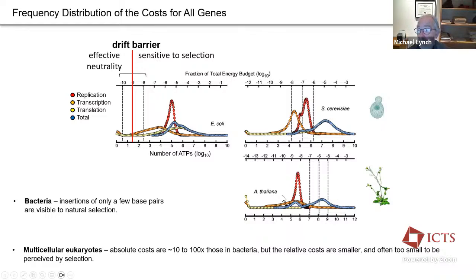As an example, in Arabidopsis thaliana, there's an entire mitochondrial genome sitting on one of the chromosomes. Somehow it got embedded in one of the chromosomes. It's not doing anything there at all. It's about 30 kilobases in length. That's a lot of DNA to be paying for, but relative to the total cell's energy budget, it can't be felt. So the main point here is we can use all these approaches to start asking evolutionary genetic questions: why is there genomic streamlining in some species and not in others, and so on.